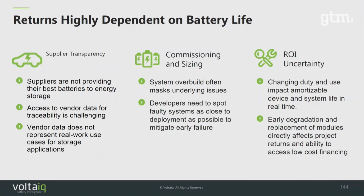So shifting to the energy storage sector, the returns in these projects are incredibly dependent on the batteries. But it's been a little bit surprising as we've gotten deeper into the sector, the lack of attention on some of the key metrics that affect these projects. First, we break it down to really 3 areas here. One is supplier transparency. The other is commissioning and sizing, and the rest is this ROI uncertainty. Starting with the suppliers,